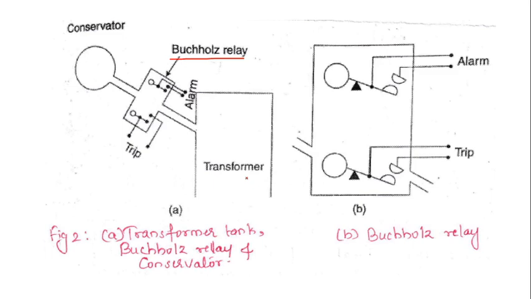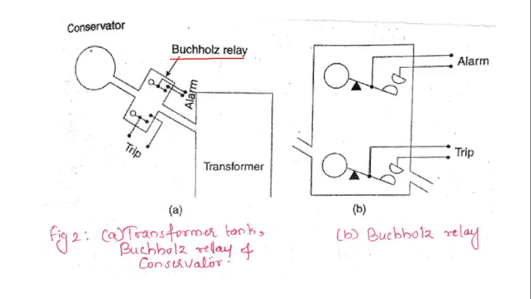Depending upon the composition of those gases, the type of the fault will be analyzed. The main part of these gases will be hydrogen, which is lighter in nature, so it automatically moves upwards and settles at the upper part of the transformer tank. This Buchholz relay is fitted between these two in such a manner that a straight pipe will be used, as you can see here.